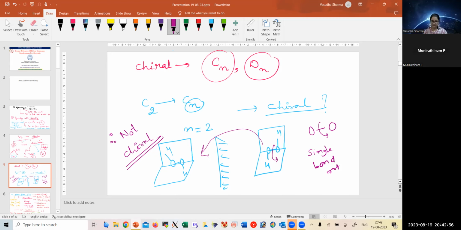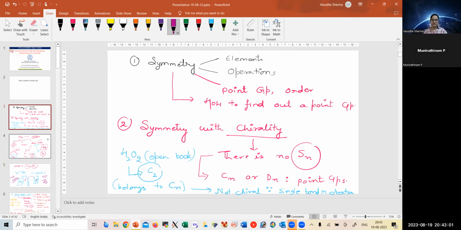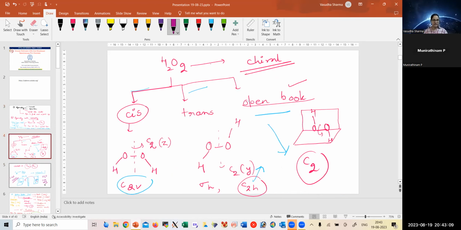Clear, ma'am. So this is what I was explaining in the starting of the lecture, that even if it belongs to the C2 point group, it is not chiral because there is single bond rotation. And then we explained,